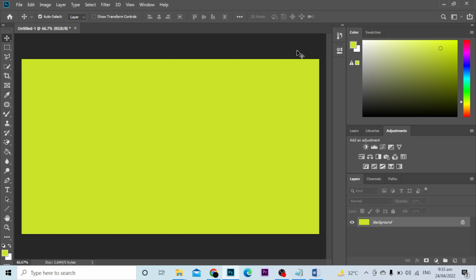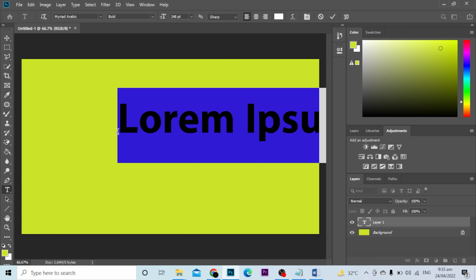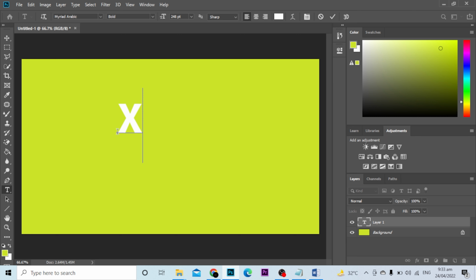How to make a logo in Photoshop. So I'll tell you the simplest and easiest method to make a logo. Now let's say I have my name of, let's say, X, and I'll write here